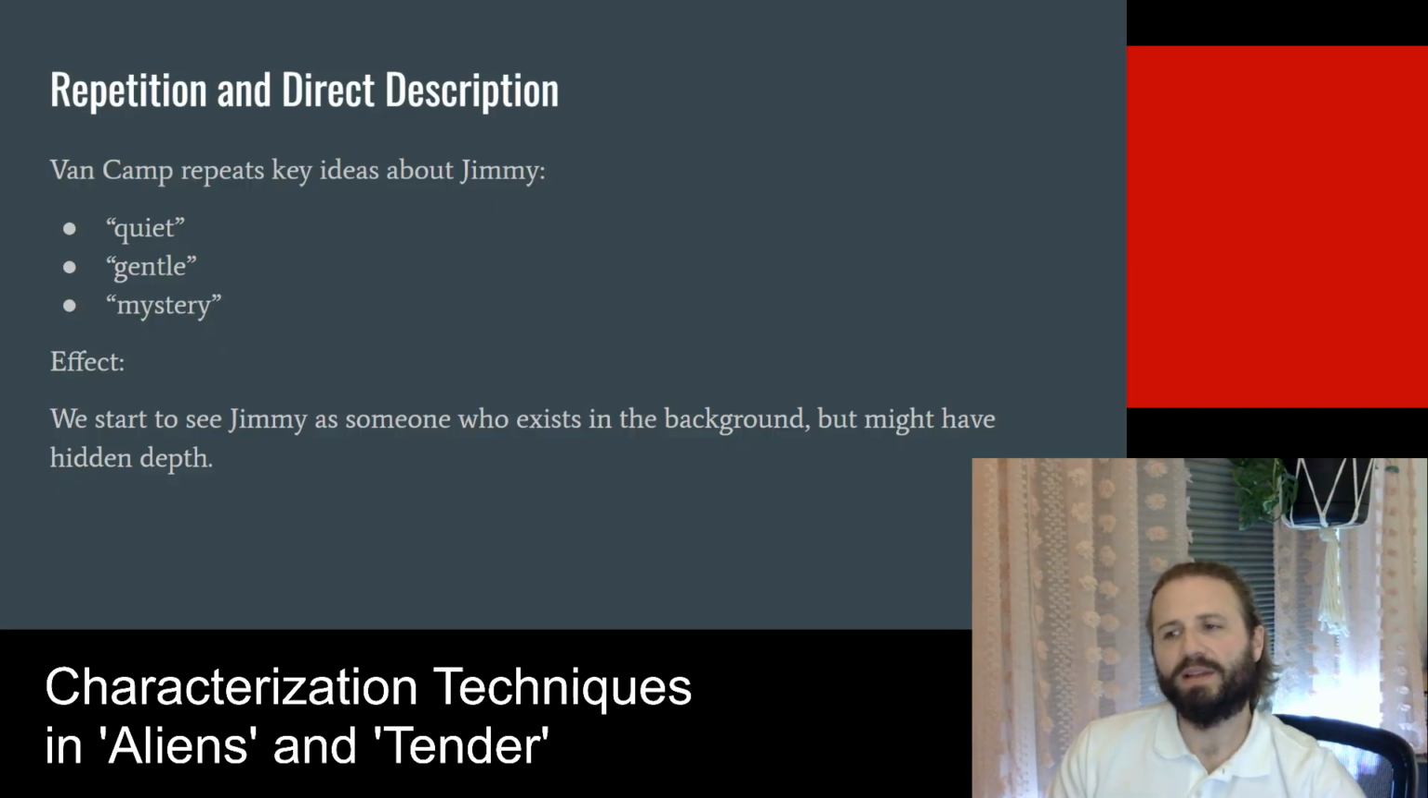Next, everyone, the idea of repetition and direct description. This is one technique that's used in Aliens to reveal the character of Jimmy. Repetition being that words like never and always are used as qualifiers to talk about what Jimmy does. Certain descriptions are used directly to characterize who Jimmy is: quiet, gentle, mysterious. So we start to see at the beginning Jimmy is someone who exists in the background of the story, but he might have a certain amount of hidden depth to him. Okay, because the techniques don't reveal a whole lot of